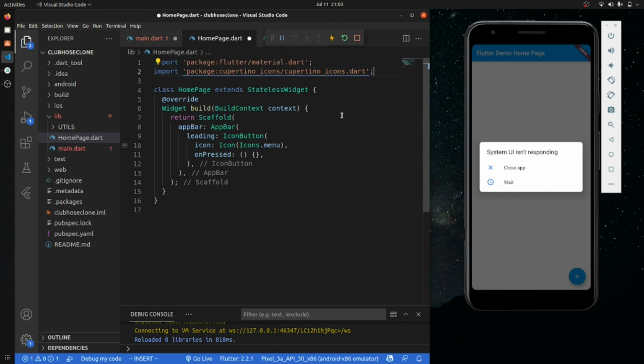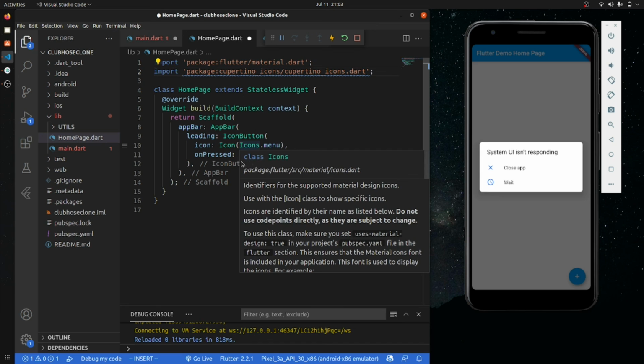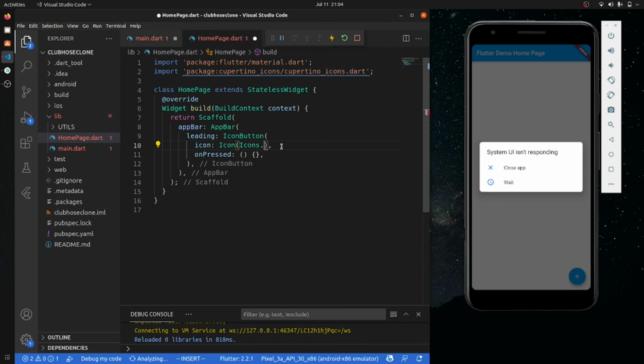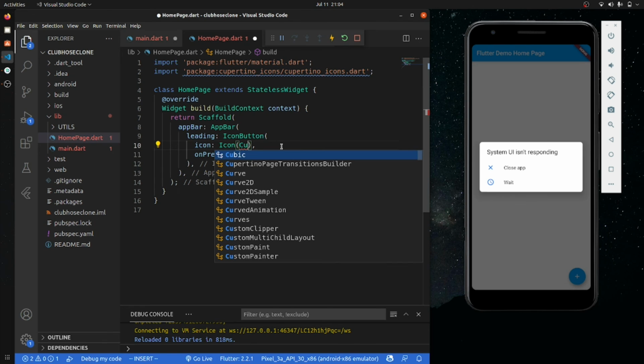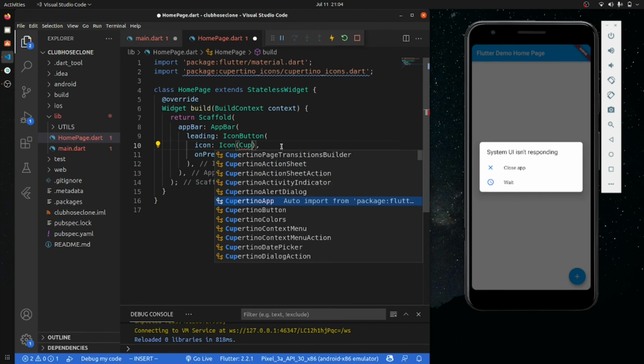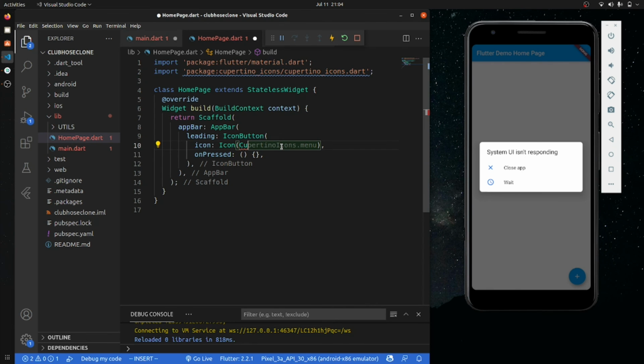And in this icon, we will not go with icons dot menu, we will go with the search, because the first button is the search button, so we will go with Cupertino icons, and not menu. We will go with the search. Why is it showing me error? Cupertino dot dart.